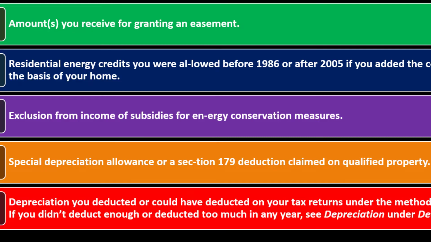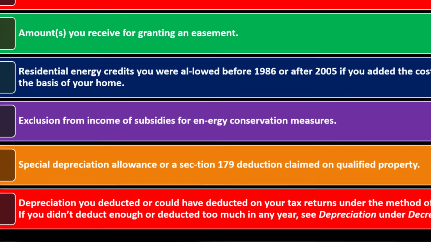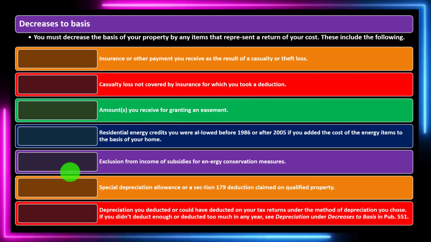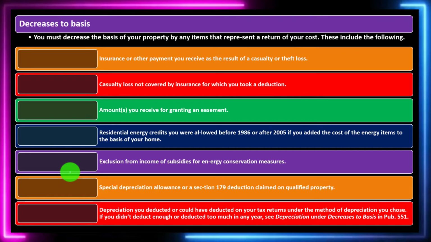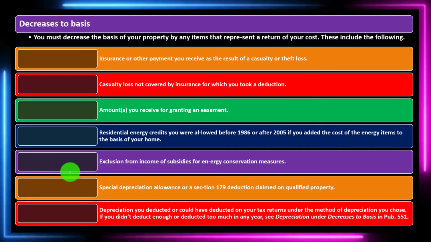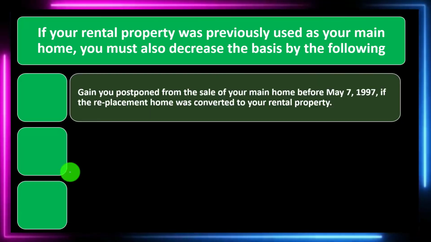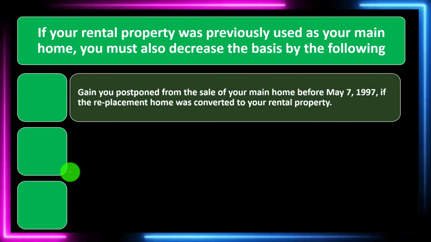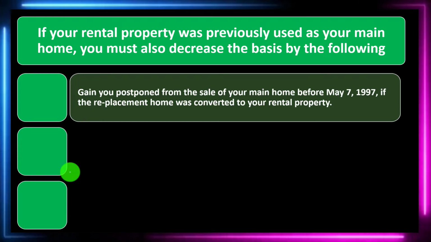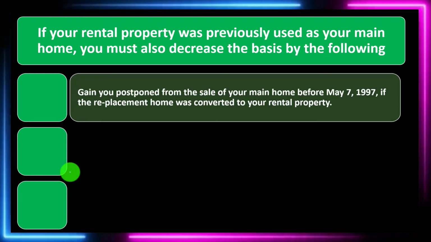That's like the accelerated depreciation. Depreciation you deducted or could have deducted on your tax return under the method of depreciation you chose. If you don't deduct enough or deducted too much in any year, see depreciation under decreases to basis in Publication 551. If your rental property was previously used as your main home, you must also decrease the basis by the